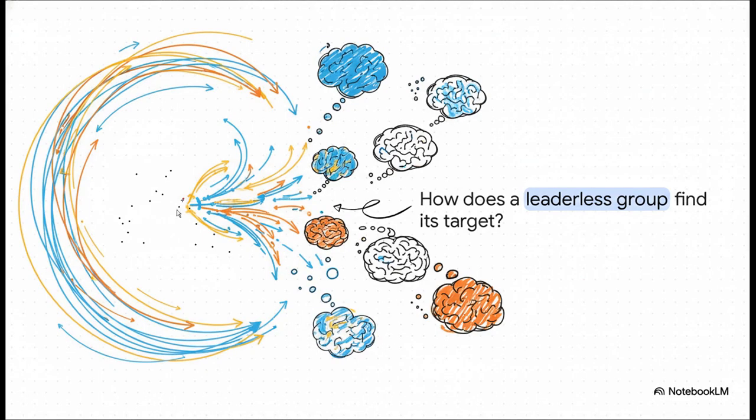Okay, so just look at this for a second. What you're seeing is a swarm of individual points, and they're all moving around without any kind of leader. No one's calling the shots. And yet, look at them. They're all closing in on a single target. So the big question is, how on earth do they do that? How do they coordinate to find the best possible answer when nobody's in charge?